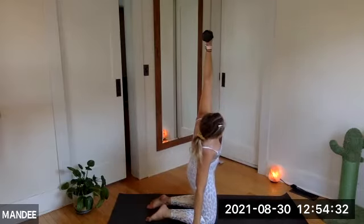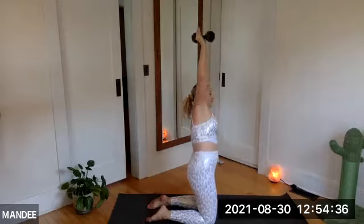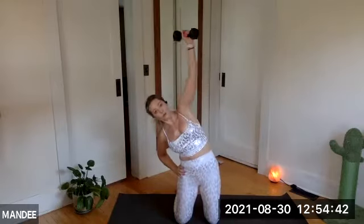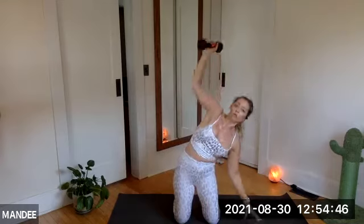I'm reaching for the floor. Mandee, what if I can't touch my floor from my kneeling position? Then instead of touching the floor, take your hand to your hip and lean, right? Take your hand to your hip and lean. Yeah, that's a good option. Otherwise, that full range,